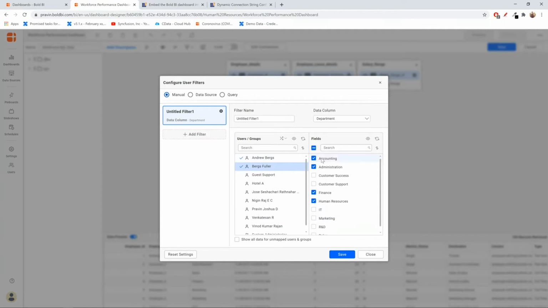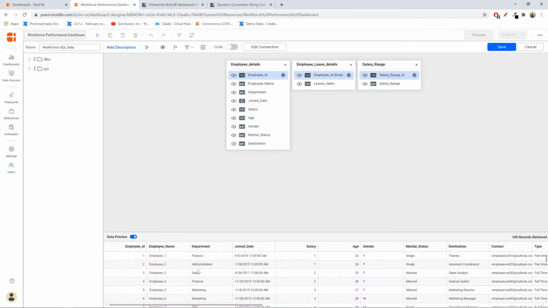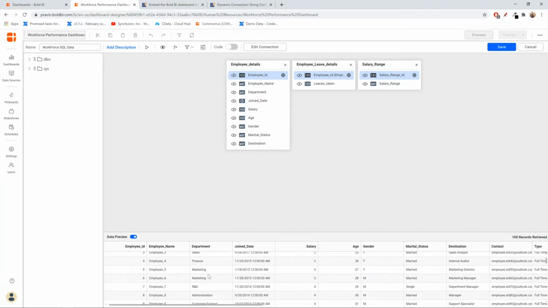Okay, so I just made a manual mapping, and I can save this. When I save this, the rows are going to be filtered for this particular user. For example, all the administration and finance related records are going to be filtered for Bugs, and Andrew is going to have only the records related to the technical development, that is research and development, and so on.